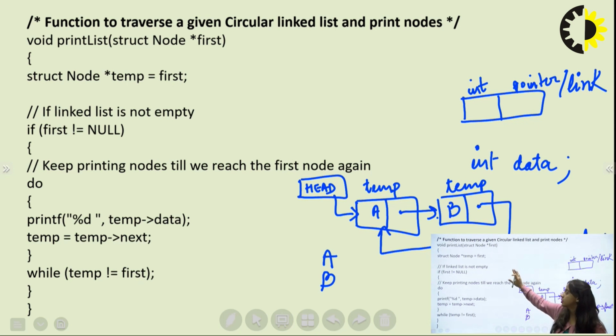This is my function to print every node of a circular linked list. I've taken a node structure to create a node, and that structure is going to contain two parts. One is the data part of integer data type. The other one is a link or address part, which you can also call the next address part. Now what we are going to do,